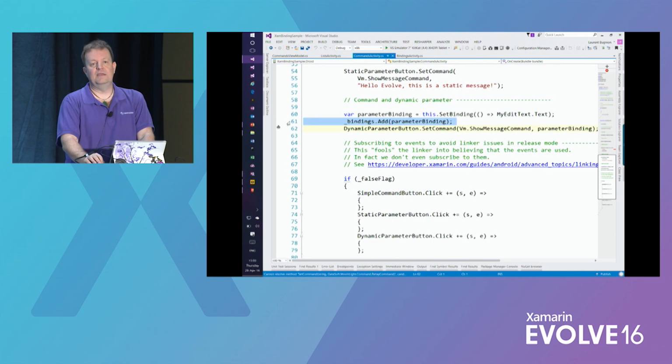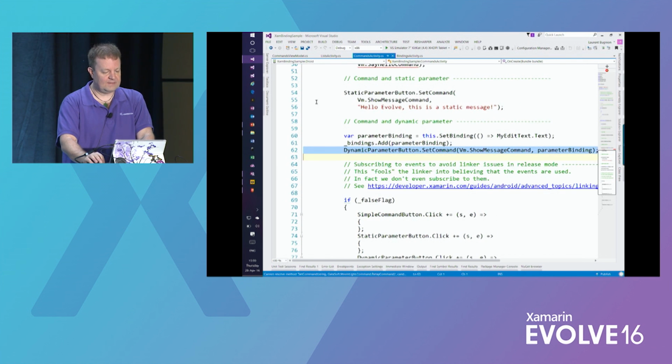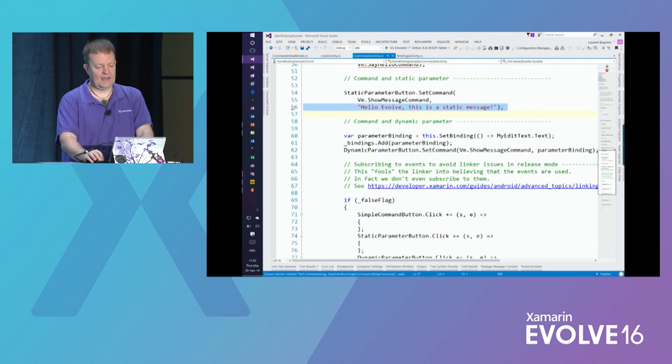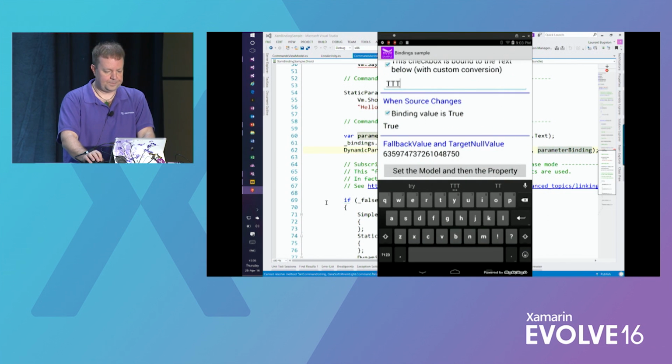Then I save the binding because I don't want the garbage collector to eat my binding. And then finally, I'm going to call set command. And so before I had set command with a static string. And here I'm calling set command with the same command, but this time I'm passing a binding. And so if we run the code,